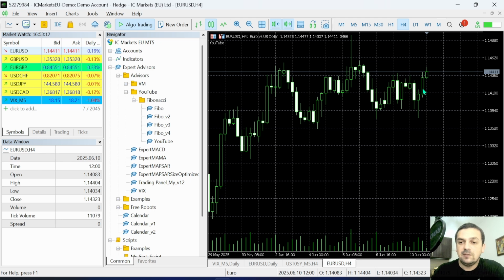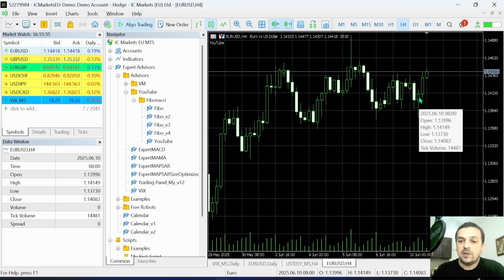So for example, let me explain here using the chart. Let's say that we have our 50% level here, so the price is below the 50% level, and we are working on a bullish scenario. What I want to do is two things. First, I want to take a look if the closing price of candle number 1 is higher than the closing price of candle number 2, which means that it goes into the bullish direction. And the other thing I want to do is to measure the body of this candle